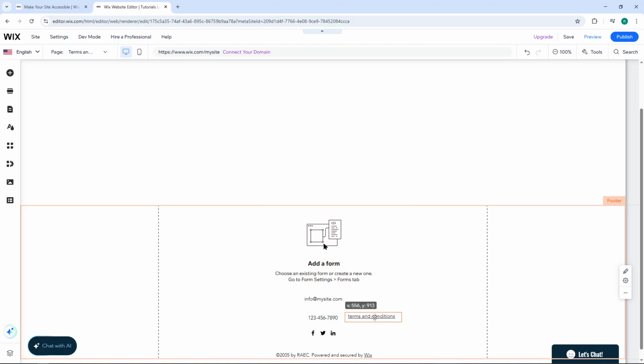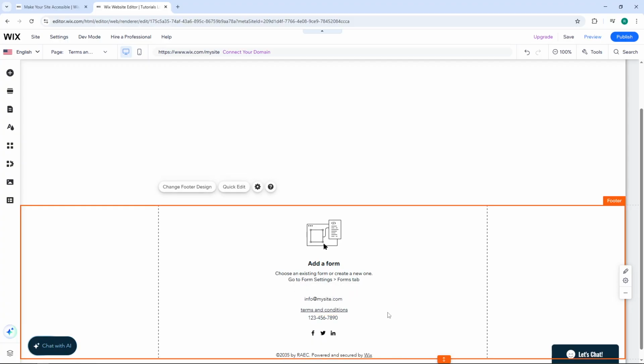And that's it. You've successfully added a terms and conditions page to your Wix website and linked it to your footer for easy